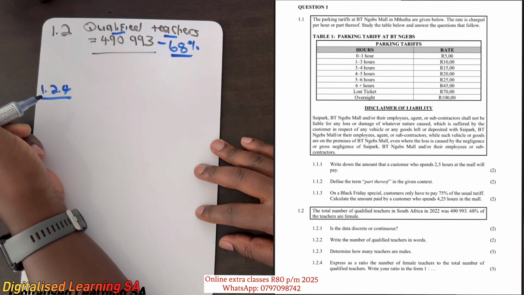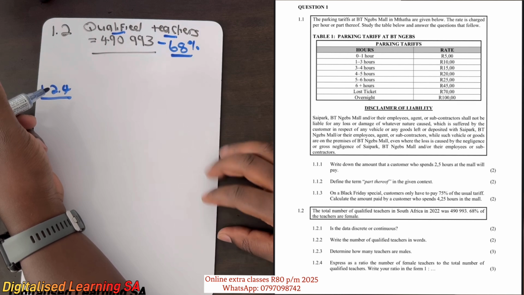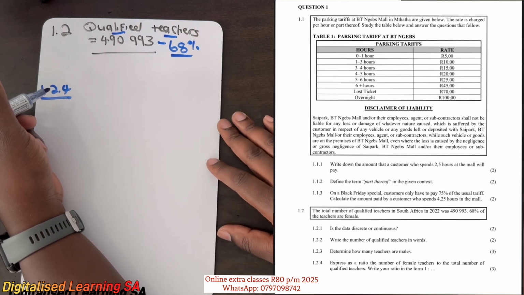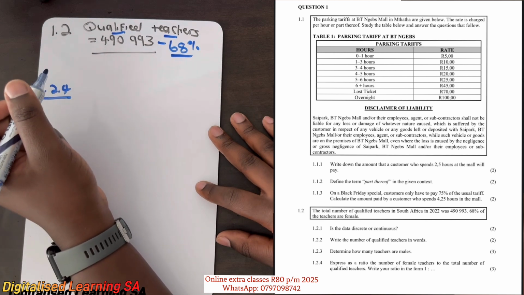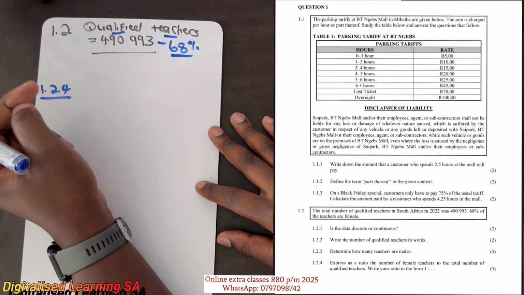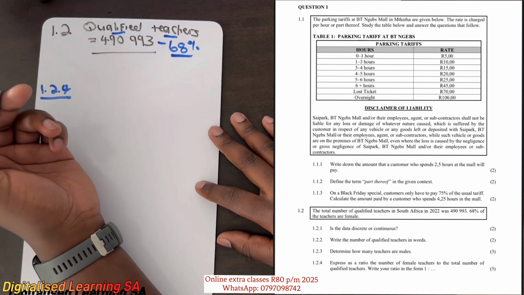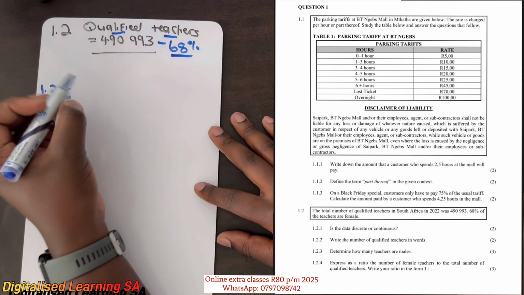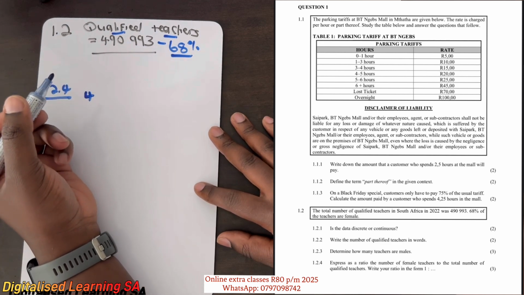Okay, so now let's go to question 1.2.4. So question 1.2.4 says that express as a ratio the number of female teachers to the total number of qualified teachers. Write your ratio in the form 1:2. Okay, so we are told to express our ratio in the number of qualified teachers, but we haven't calculated the number of female teachers. So to do that, we just come and say the same way we calculated the number of male teachers. So we just come and say